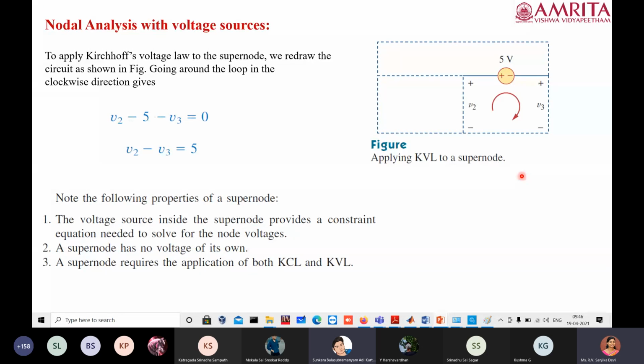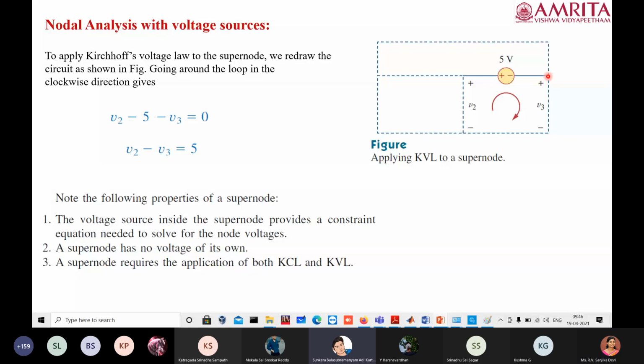Leaving. Then my doubt is, when taking this clockwise direction, this V2 and V3 is plus and minus, we don't care about the direction. We will take this direction only, the clockwise. See, when you have a nodal voltage, by default it is a positive value. If it is a negative value, we will mention it as minus V2. So it means that the potential at this particular node is positive with respect to the ground, and similarly at the next node the potential at that particular point is positive with respect to the ground. So that's how we get this positive and negative sign.